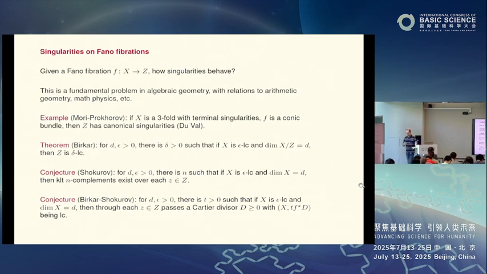But this type of problem is what makes this subject very interesting, because it makes sense even in a purely local singularity case when there is no Fano. You don't see any Fano. You just have a germ of a singularity. These two conjectures still make sense. But in order to solve this kind of problem, you are somehow forced to go into the world of Fanos.